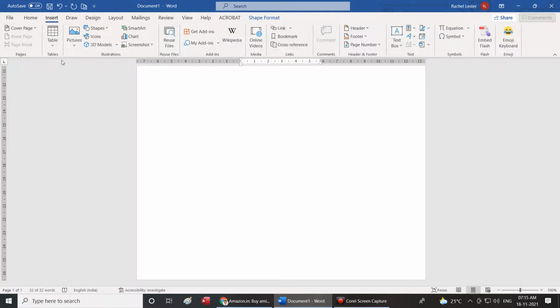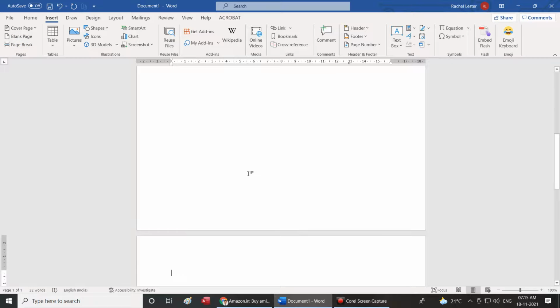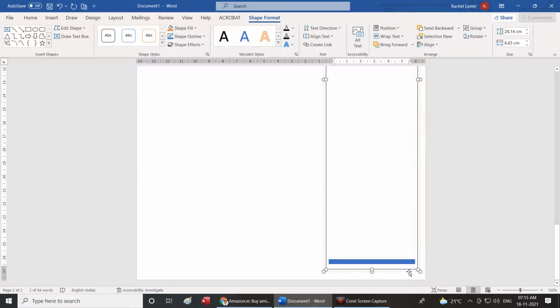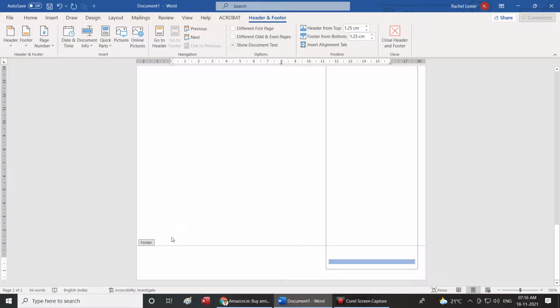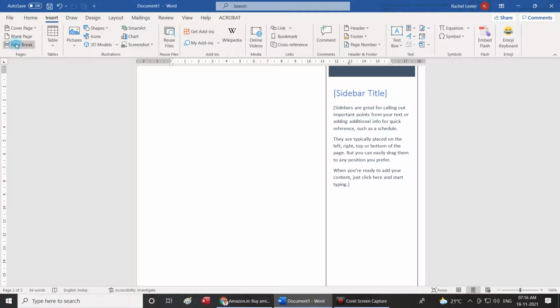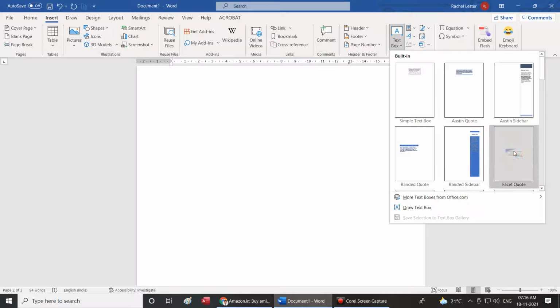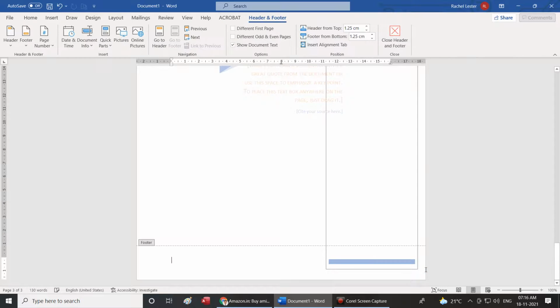You come to insert and then you can insert a page break, go to the next page, and then go to the next text box. Again come to insert the text box, so select one, and put some meaningful content so that it looks neat.